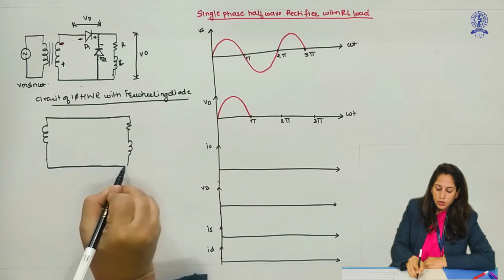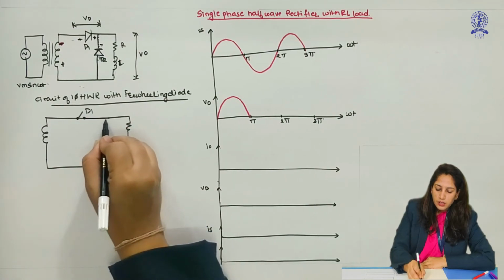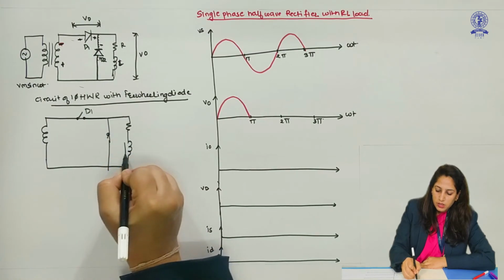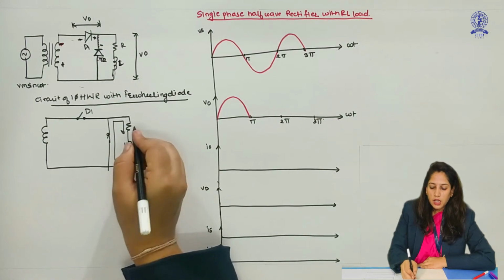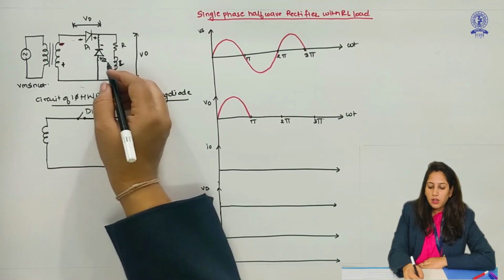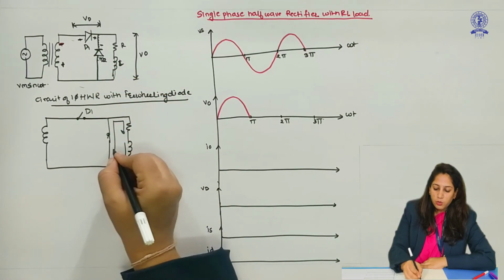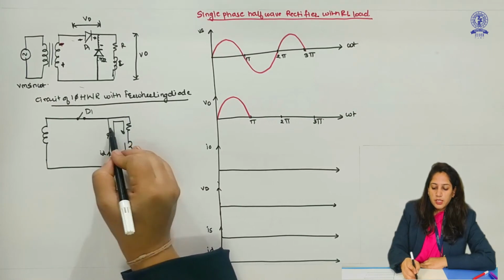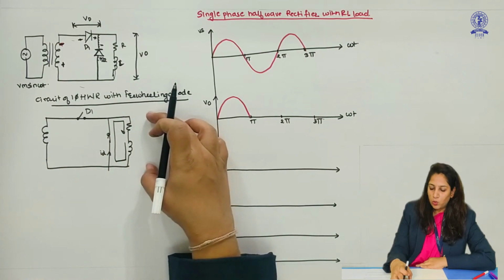So now, due to this diode, suppose this is an open switch now, D1, and D2 will be a closed switch. The current that was left here will flow in this direction across this resistance R. Diode D2 will act as a short circuit path for ID, so ID will be the current flowing through diode D2. Since this is a short circuit, the voltage we get here will be 0.